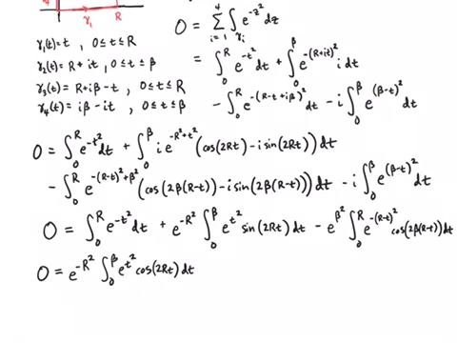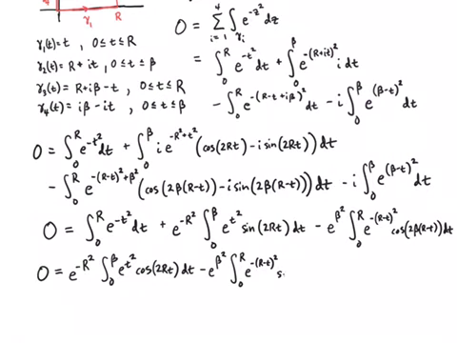Then we have minus e to the beta squared, pulling that out, integral from 0 to r, e to the minus r minus t squared